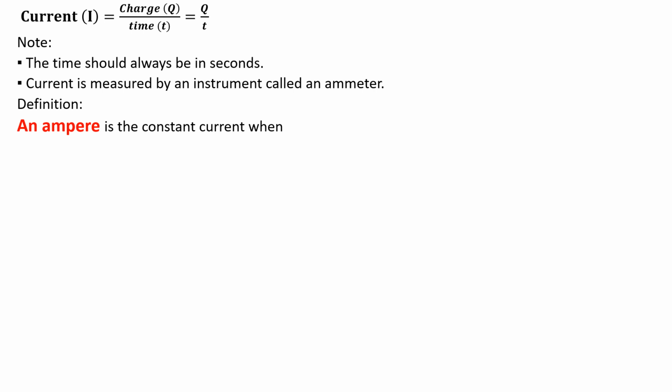Now we need to define the SI units of these variables, the ampere, the volt, and so on. So an ampere is the constant current when a charge of 1 coulomb flows in a conductor in 1 second, as simple as that. So if a charge of 1 coulomb flows in 1 second, then there must be a constant current flowing, and